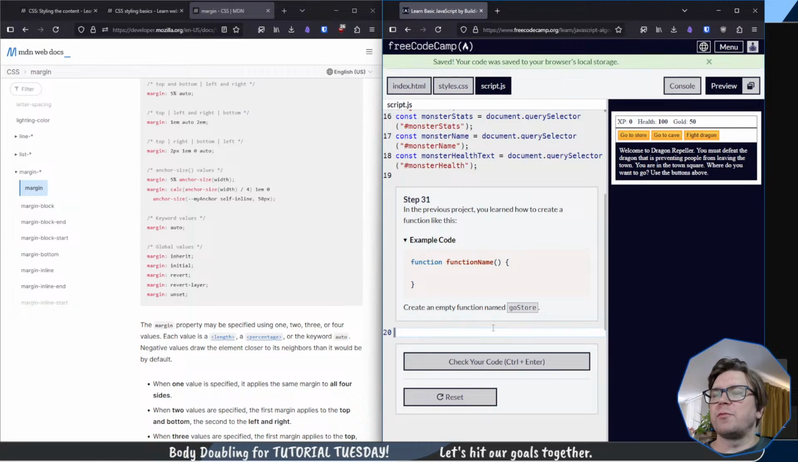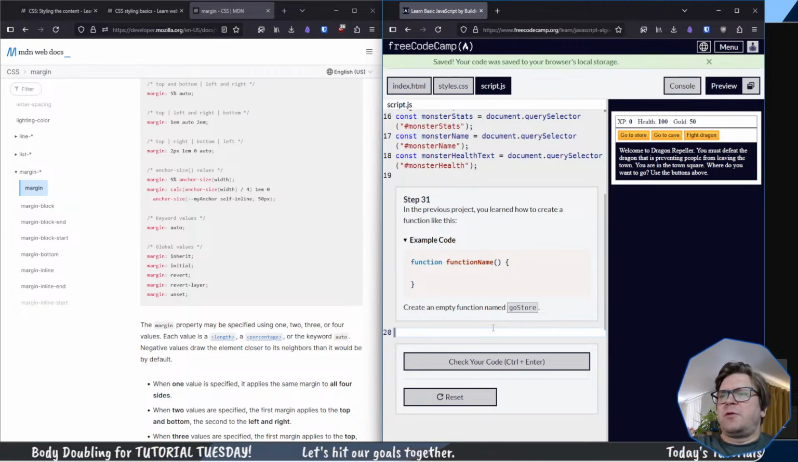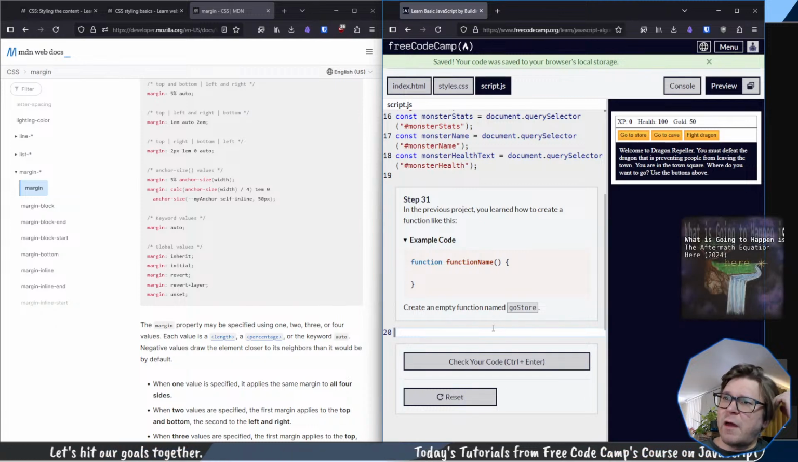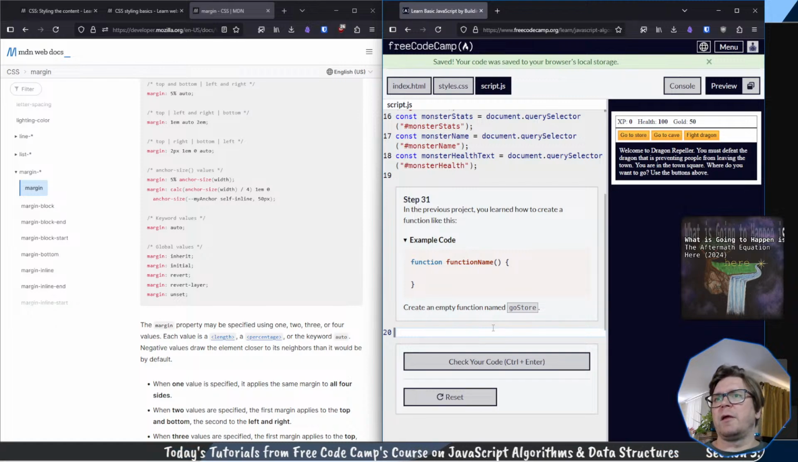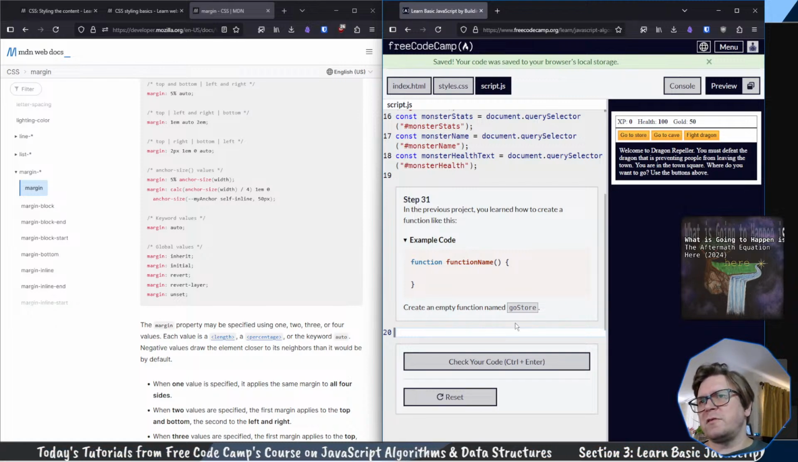Alright, so we have some syntax. Okay, so in the previous project, we learned how to create a function name, right? Yeah, in that function block there. And then we want to create an empty function called go to the store. So this is kind of like